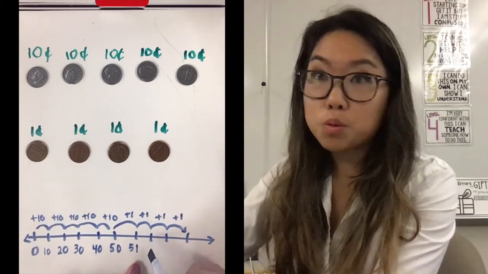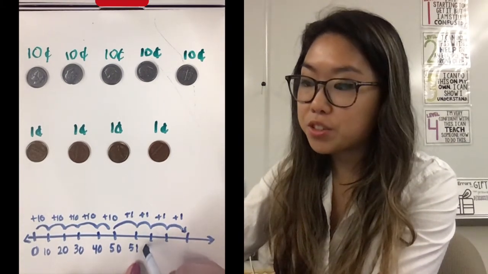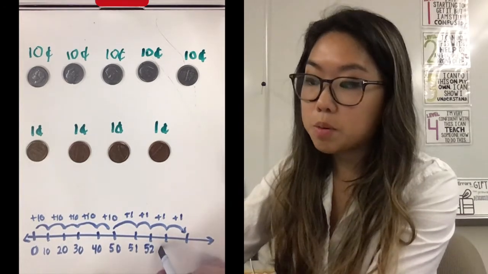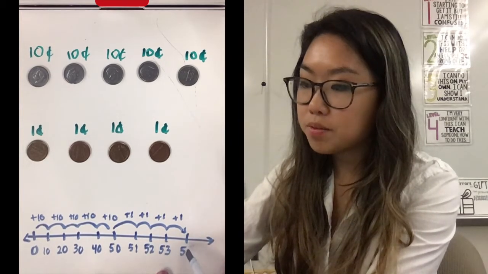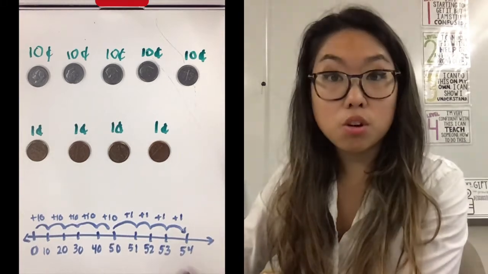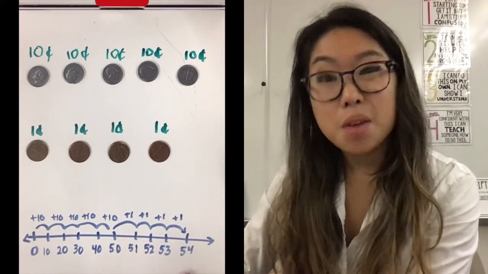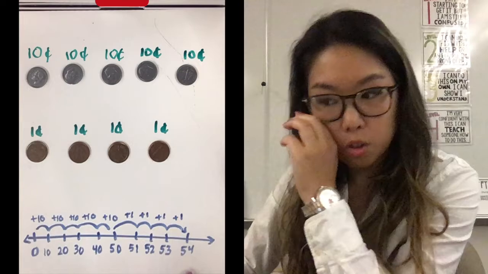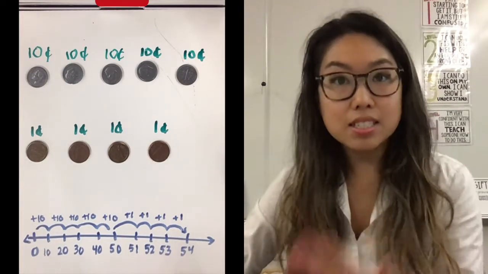Then I have plus 1 more, which is 52. Then I need to keep going and add on plus 1. So I know the total value is 54 cents. But I'm going to show that on my coins so I can practice different ways to count